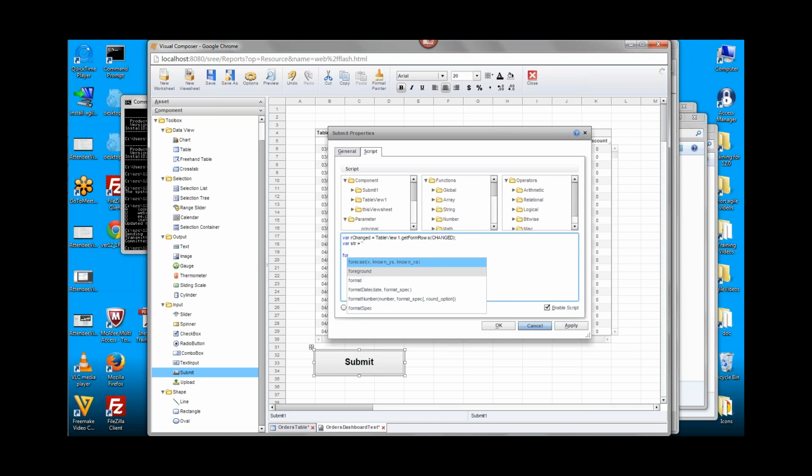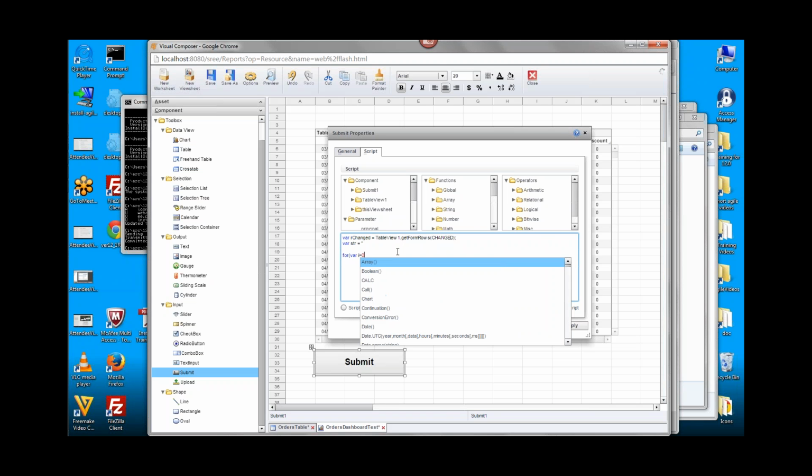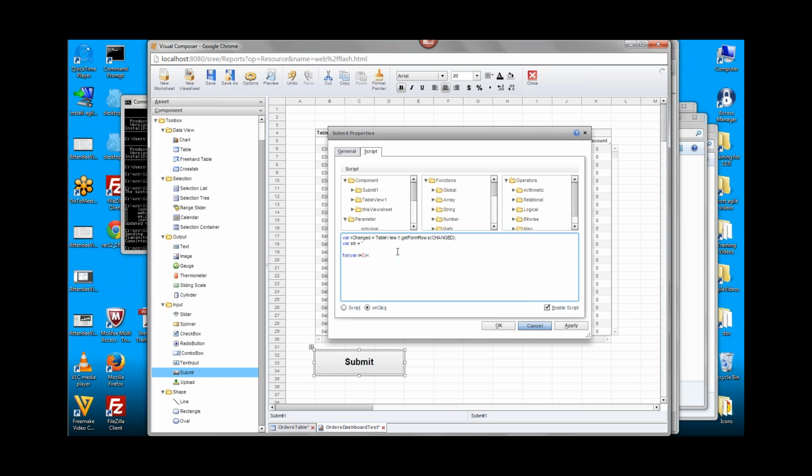I'm going to do this quickly. There's not a lot going on here. It's just a for loop. I'm just going to iterate through all the values in that two-dimensional array and convert them to a string form so I can display them. So for variable i starts at 0 and i is less than the length of this array.